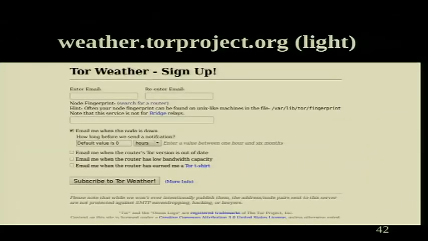We also have a tool called Tor Weather, where you can sign up and say, when this relay goes offline, can you send me email? And that's very helpful for people who don't want to set up Nagios on their own, and they can learn when their Tor needs a kick or an upgrade, or when they've run it for 2 months and now we'd like to send them a t-shirt if only they ask for it, that sort of thing.